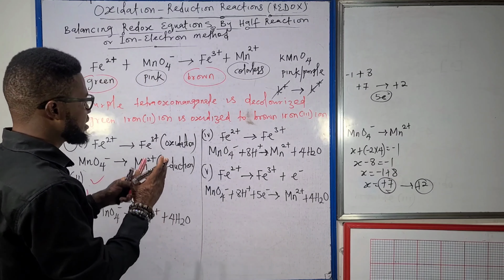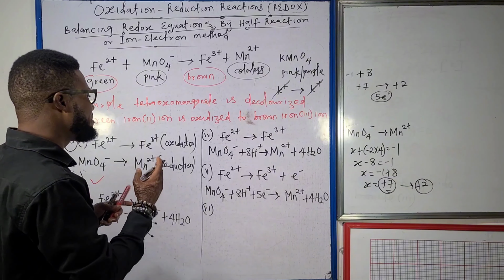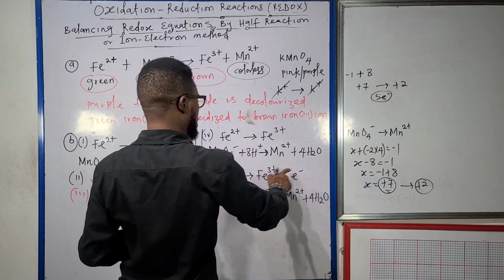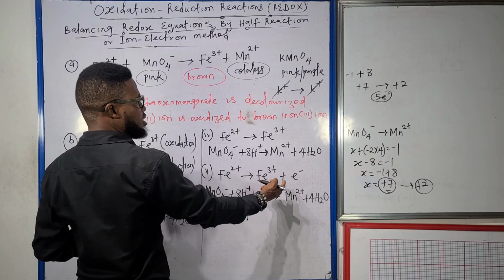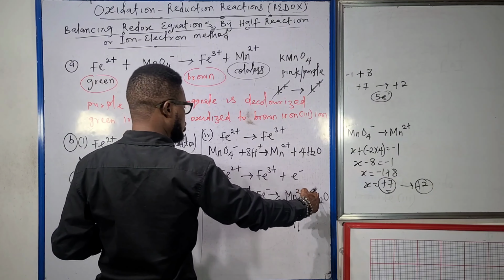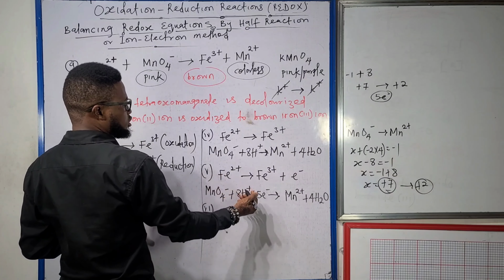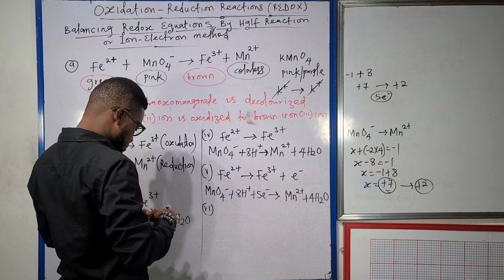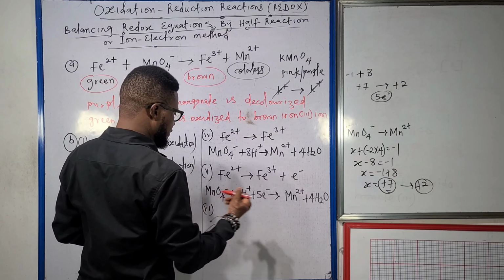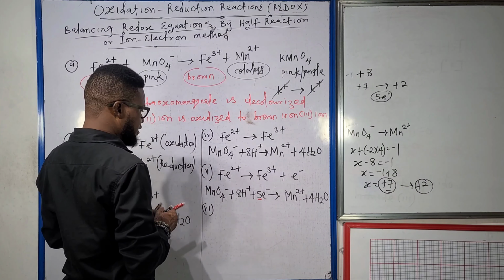So step 6, what I'll be doing for step 6 is to make the electron lost equal to the electron gain. And when I look at this, is just 1 electron. I'll use 1 to multiply equation 2, and then I'll use 5 to multiply equation 1. Using this 5 from the 5 electrons to multiply equation 1, what I'm going to have is